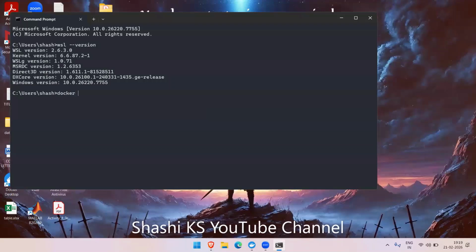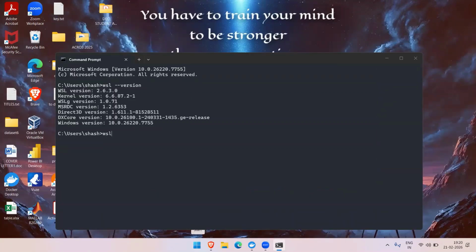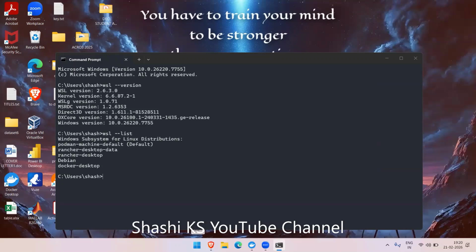The next step is to type the command docker ps and wsl --list. You can see that Docker Desktop is running as a WSL instance, so Docker Desktop is available for use in my system.